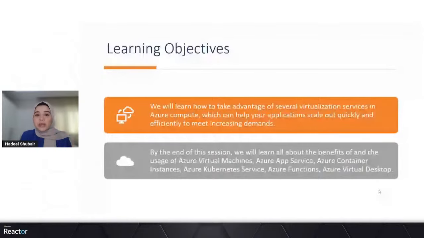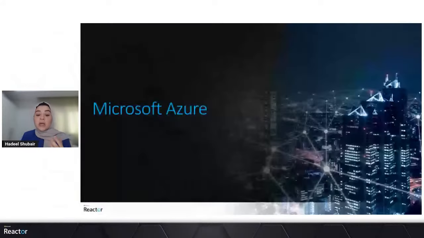So, just a quick recap on what Microsoft Azure actually is. Azure is basically a platform for cloud computing services offered by Microsoft. The amazing thing with Azure is it provides more than 600 services in its cloud computing platform. These services can help you build, run, deploy, and manage applications on the Azure platform, no matter what your goal is.